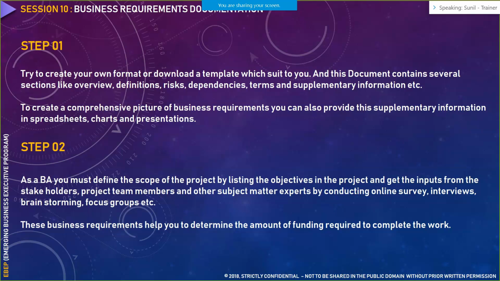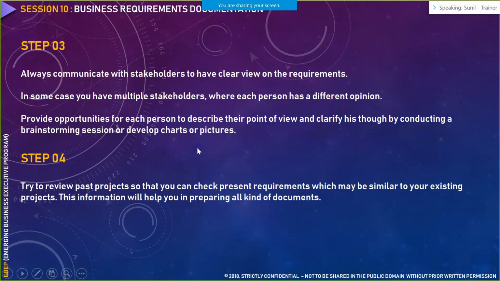Step 2 is you must define the scope. Like I said, scope is the culprit over here. If you use any vague term in writing the scope, it would ultimately lead to not finishing the project in a timely manner, or it would add up to additional effort. So always keep your scope intact. That is your step 2 when you are writing a BRD.